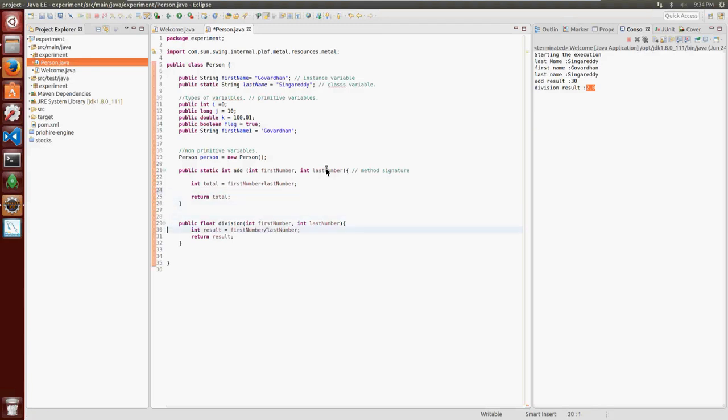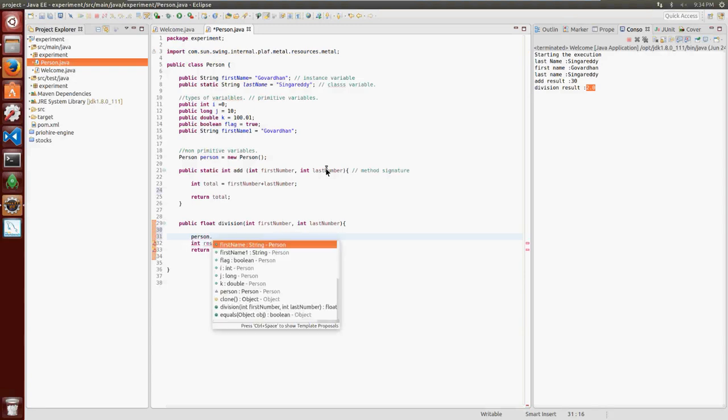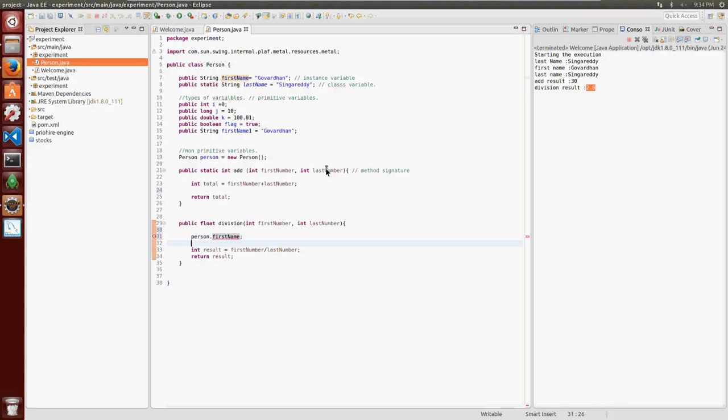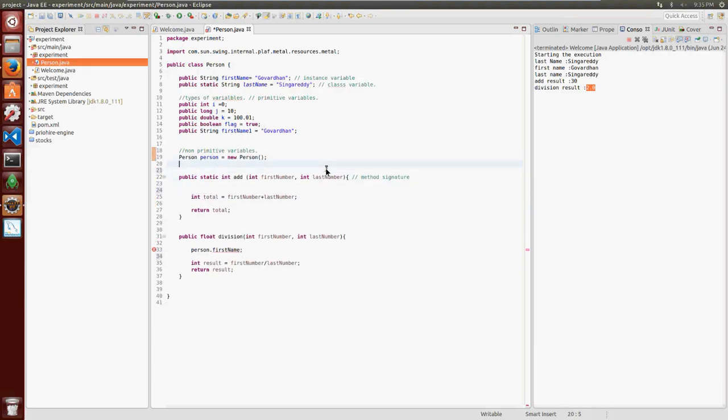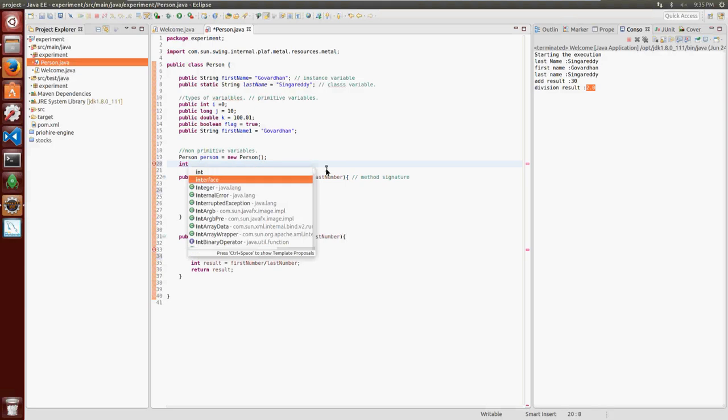Yeah. So now you see the difference. Now I see person.firstname. I'm able to access this variable here, but the same variable I cannot access here. That's why in the previous example, Integer also did not work. I can explain that example here also. Now let's say you create Integer